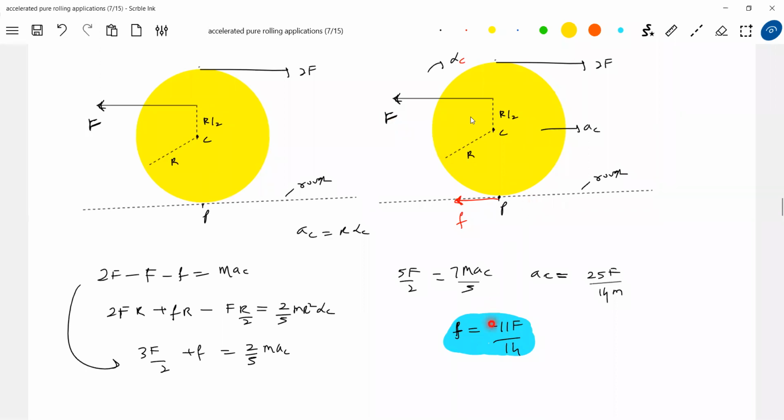Shall I put it in the simplest way? Negative sign means not wrong. It will act. So what do you mean by negative sign? Friction acts opposite to the direction assumed. We assumed left, but it acts towards right. Okay, fine now. I think you need not be scared, no? You can manage.